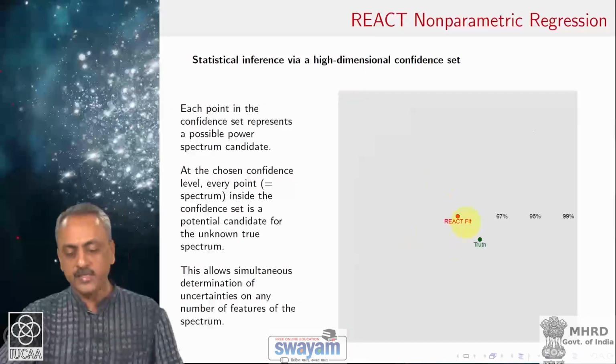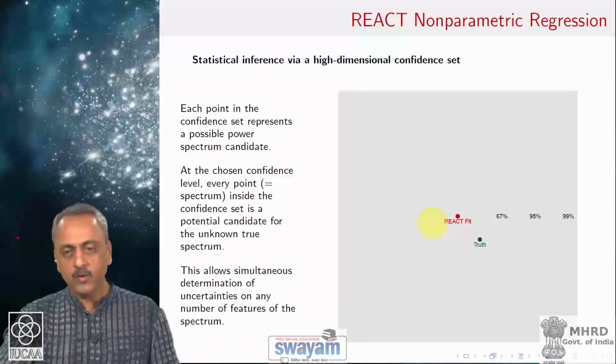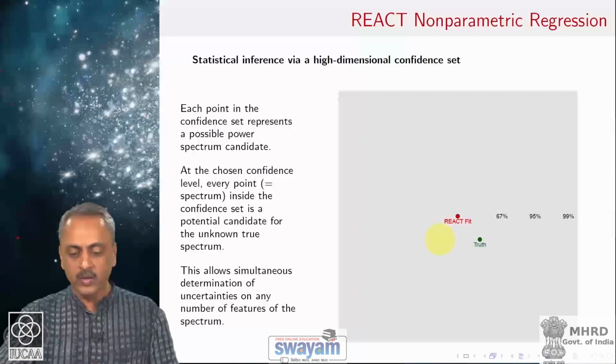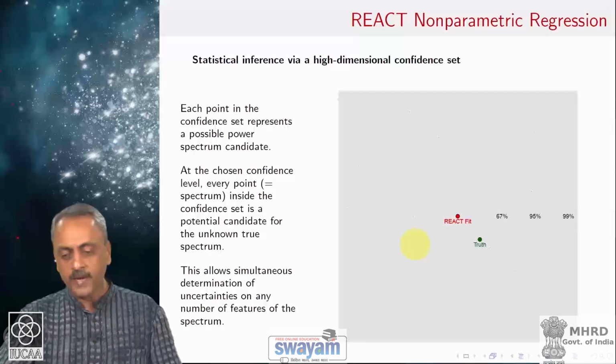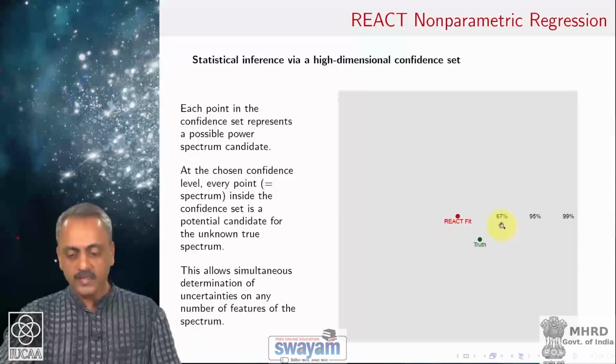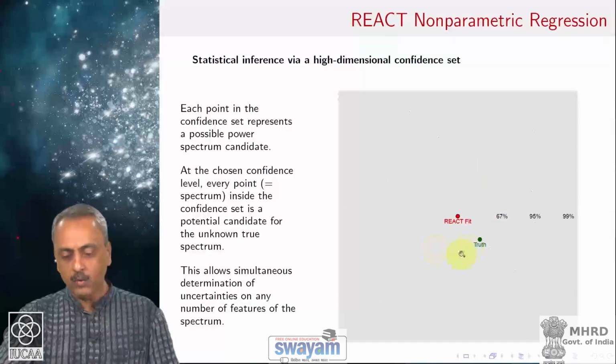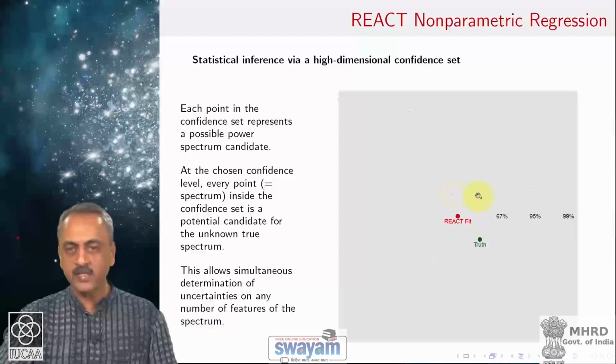This confidence set construct which comes with this particular methodology gives a powerful way of finding uncertainties. So, for example, if you want to find how much variability one can expect in the first peak which was well determined, say at 67%, what you do is basically move around in this 67% confidence set,